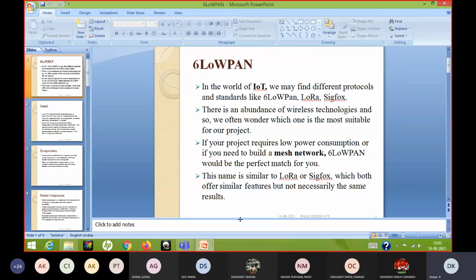It is one of the types of protocol which is having low power consumption as the major advantage. We find different protocols and standards like 6-LoWPAN, LoRa, and Sigfox, and there is an abundance of wireless technologies. So, if your project requires low power consumption,